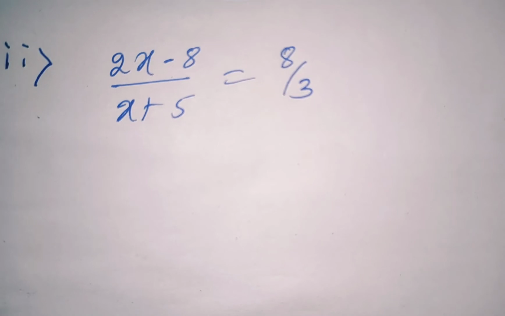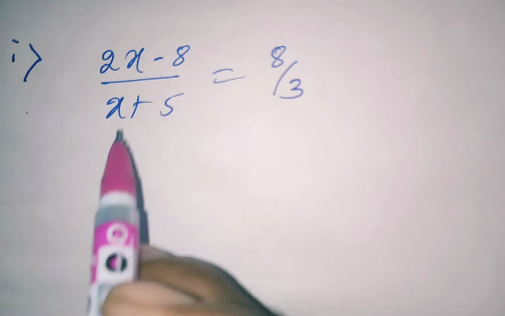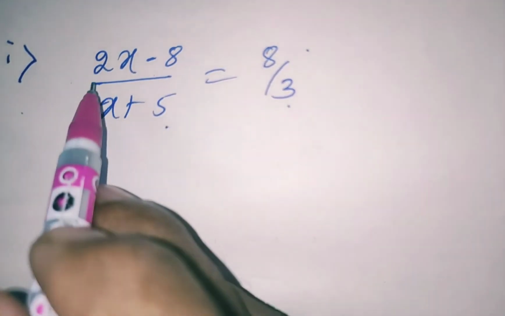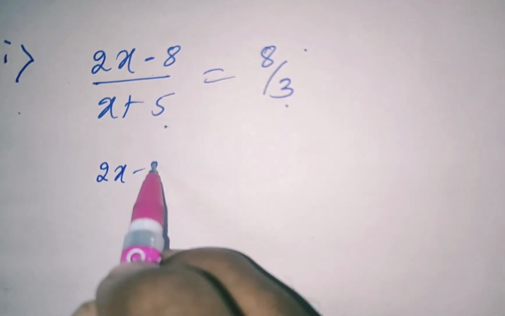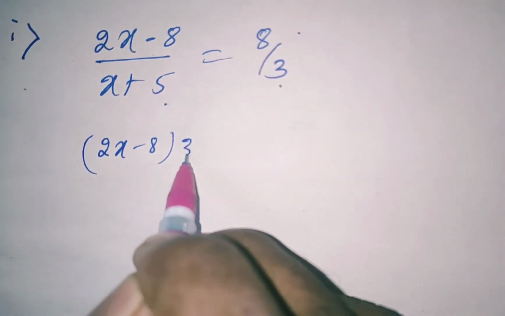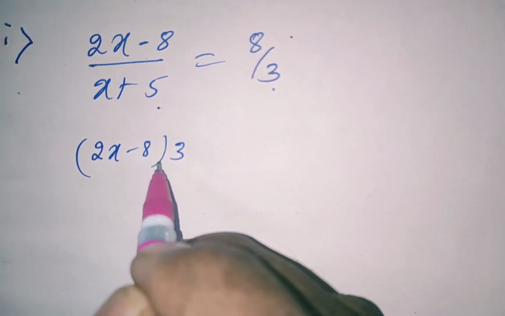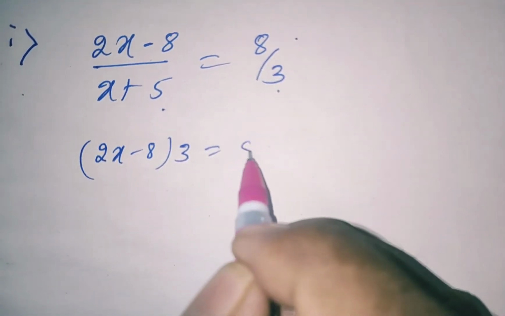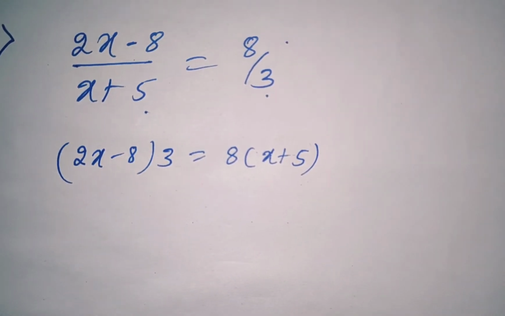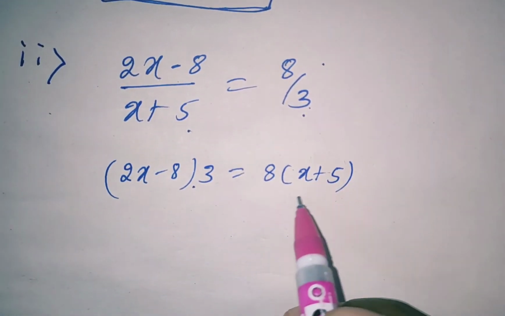See, this is a level 3 question. In this case, what will happen? Again cross multiplication. Here we have to do cross multiplication, because this x plus 5 we want this side and 3 will be here. So 2x minus 8 and 3 is division here, right? Now it is divided, so it will be multiplied here. See, I put the bracket because 3 is multiplied with both the terms 2x and 8, and here 8 will be multiplied with x plus 5. So I hope you understood this. Cross multiplication: 3 will be multiplied here and 8 is multiplied with x plus 5.